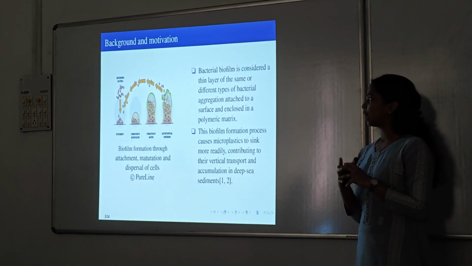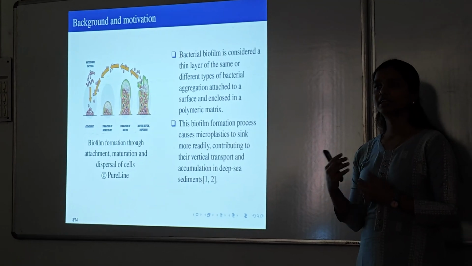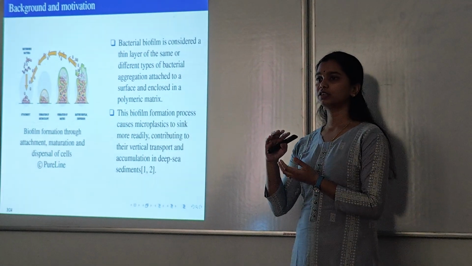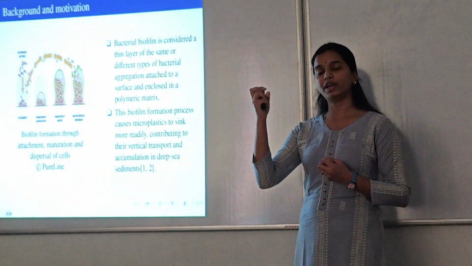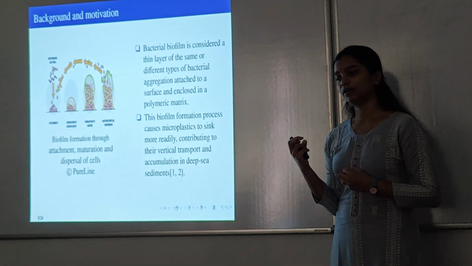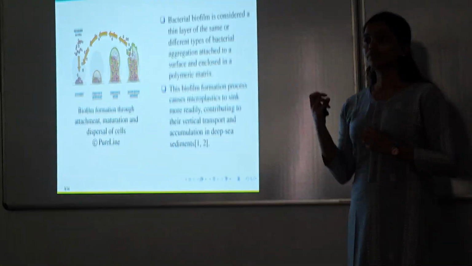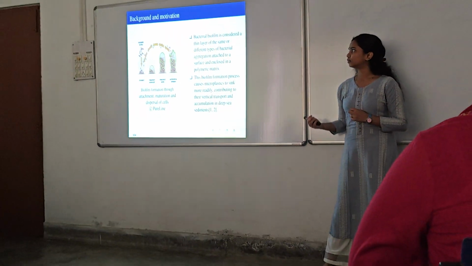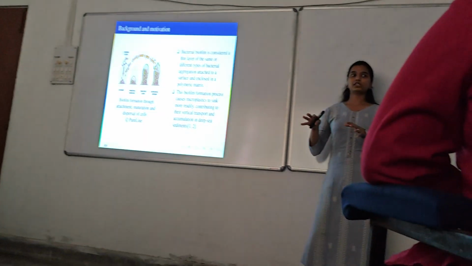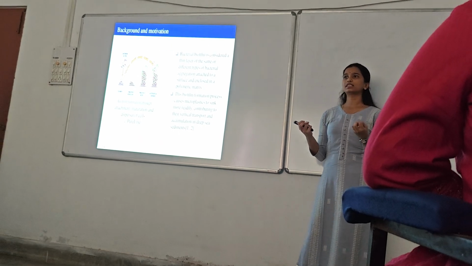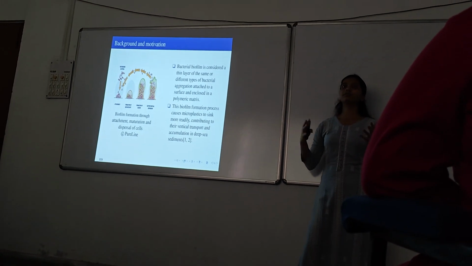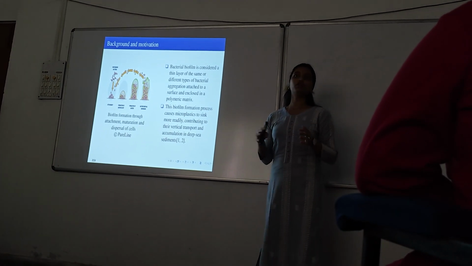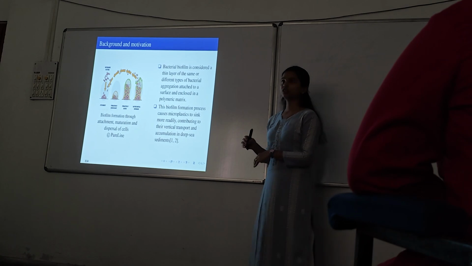So what happens when microplastics get attached to that marine snow? It increases the buoyancy. So the marine snow cannot transport those captured carbon to the deep layer because of the microplastic. Because microplastic is light, it gets attached to the marine snow and it becomes floating all over the ocean. It doesn't get transported to the seabed.